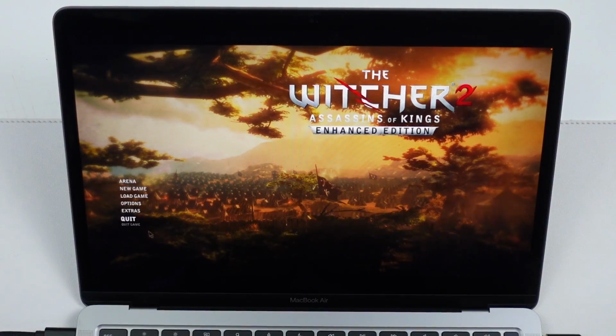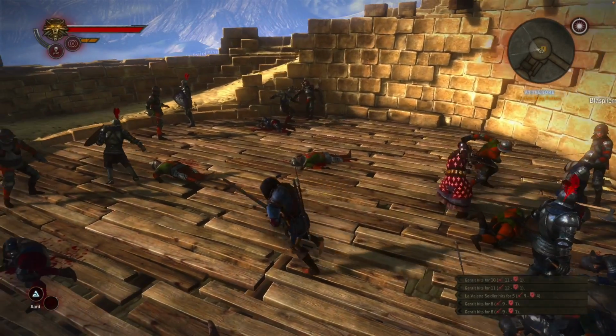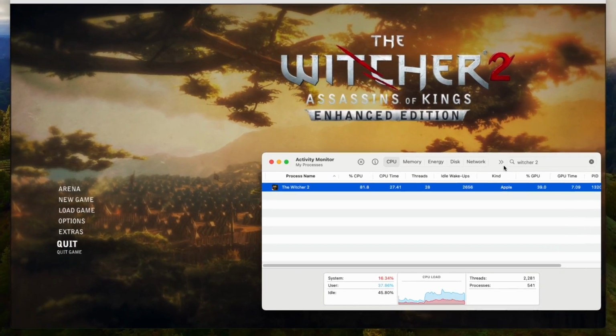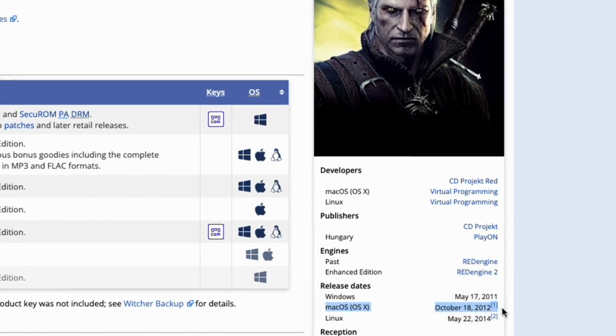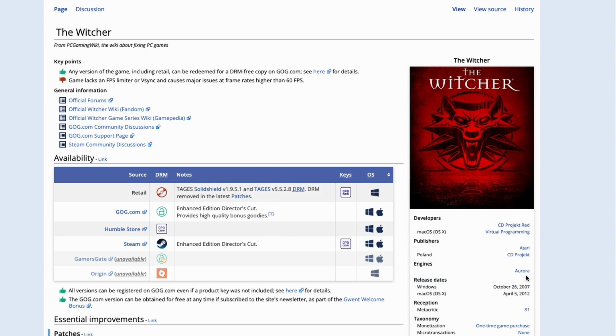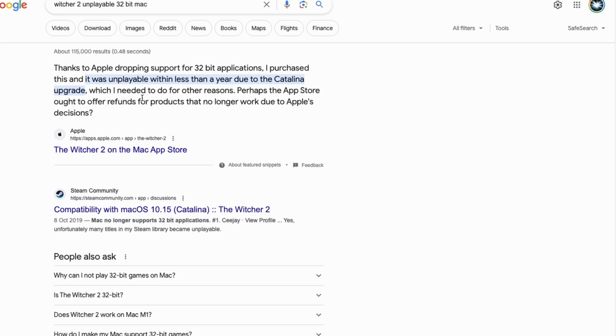So in a move that nobody expected, The Witcher 1 and 2 have now been updated to native ARM Apple Silicon Mac games by CD Projekt Red today. Now these are not new games at all. The Witcher 2 released back in 2011 and The Witcher 1 released back in 2007. Both got their Mac ports in 2012, however these Mac ports were 32-bit only, so once